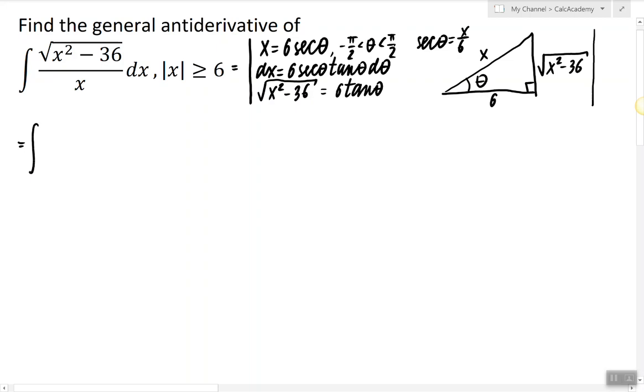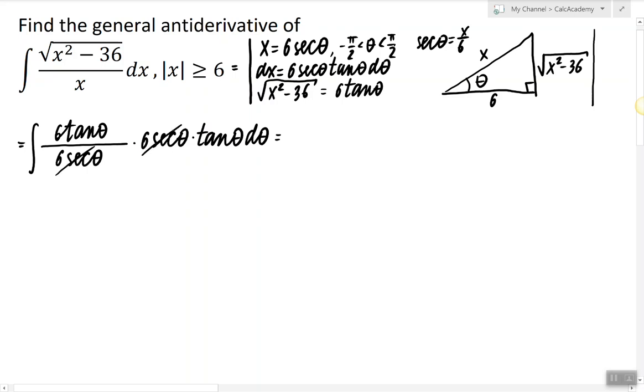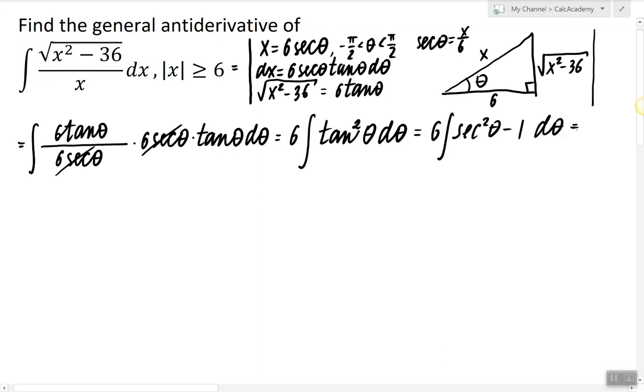The integral now becomes 6 tangent theta divided by x, which is 6 secant theta, times dx, which is 6 secant theta tangent theta d theta, and we can simplify quite a bit here. So 6 secant theta cancels, 6 can be factored outside of the integral, so we have 6 tangent squared theta d theta, and this integral can be done by applying a trigonometric identity and rewriting tangent squared theta as secant squared theta minus 1 d theta,